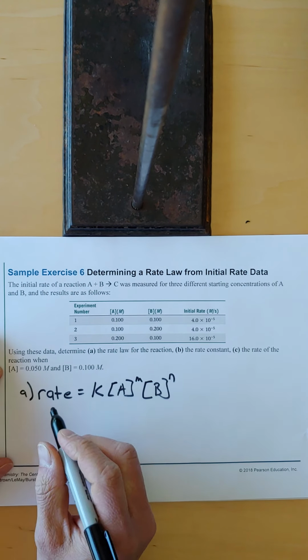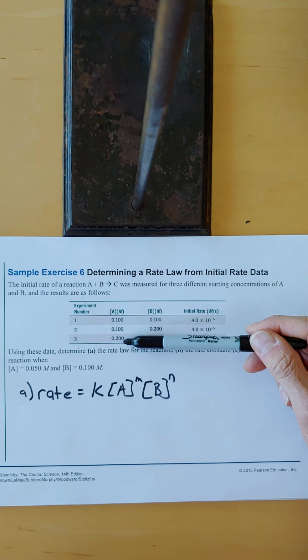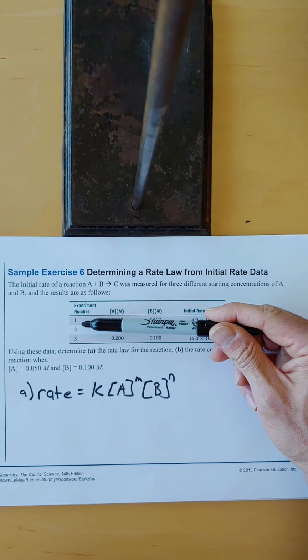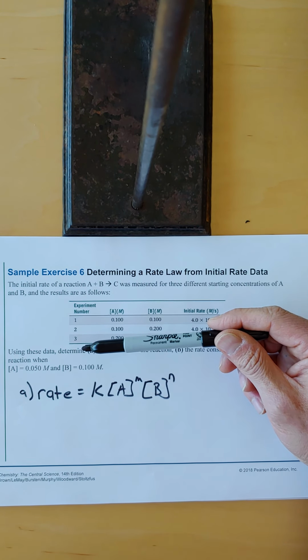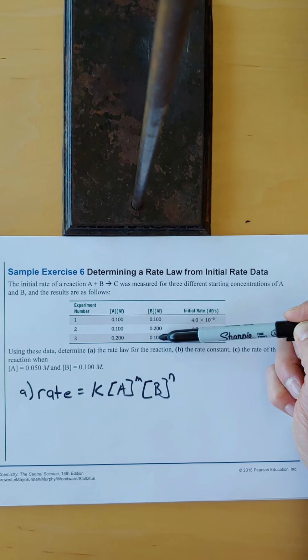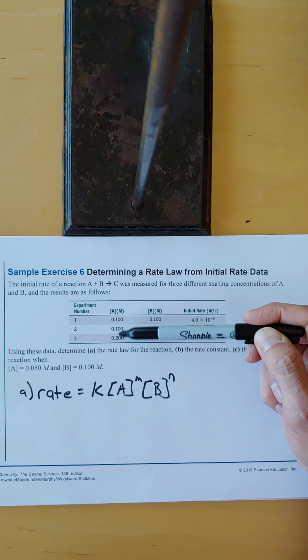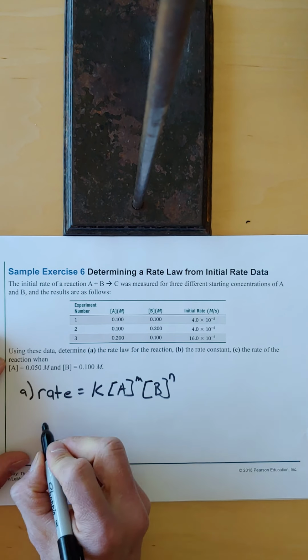Let's look at which two conditions we want to use. We want to look at the conditions where we're doubling A, so we want to look at experiment 1 and experiment 3. Because between those experiments, we're keeping B the same and simply doubling the amount of A. And so looking at that, we can say,